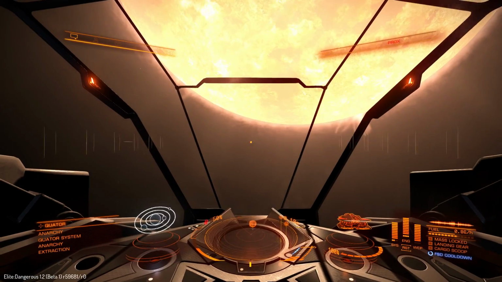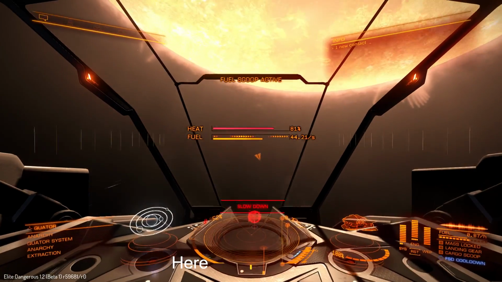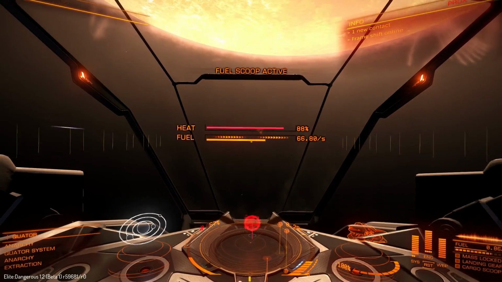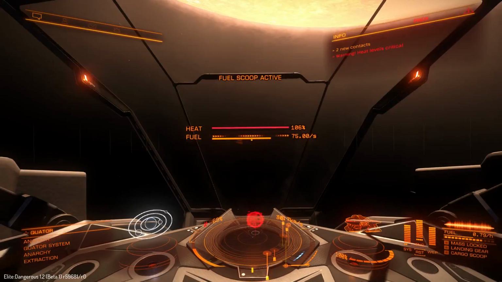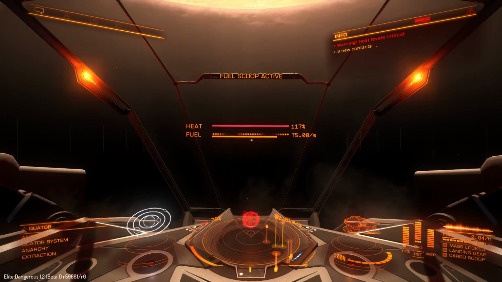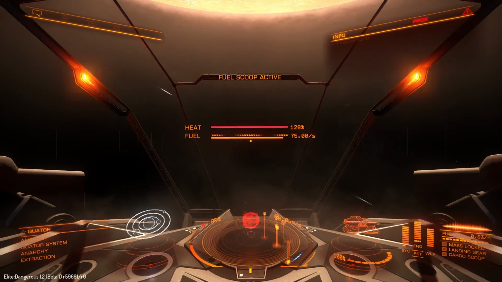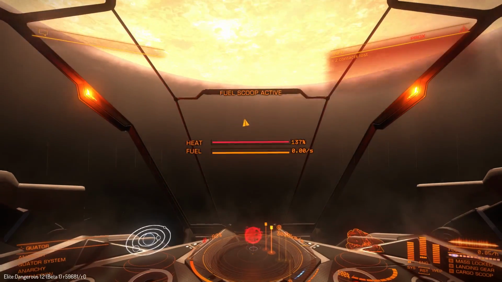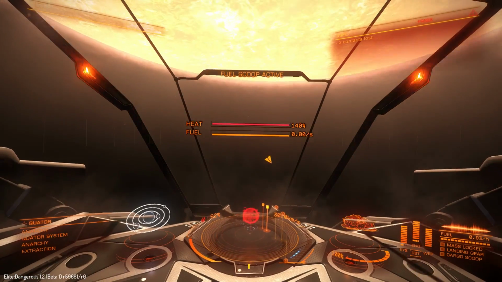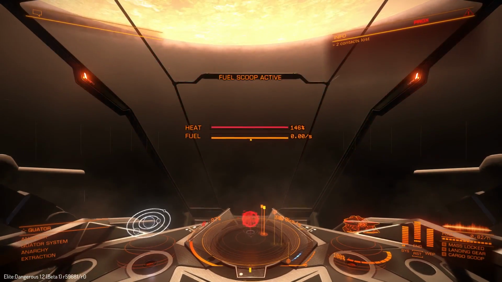If you look on the left hand side of the sensors, you've got the new heat level thing, meter. Now as it rises, you can see on the left hand side it's rising. The first bar that it comes to, when it passes that bar, you're going to start taking damage. I'm still not taking damage yet. I'm heating up very slowly actually. But as it reaches 150%,